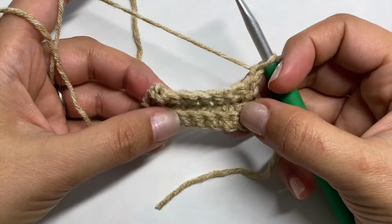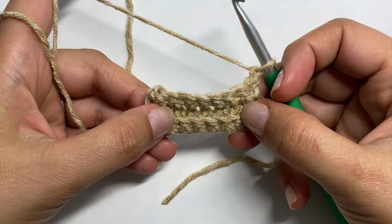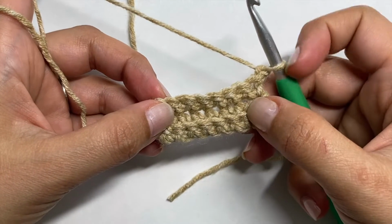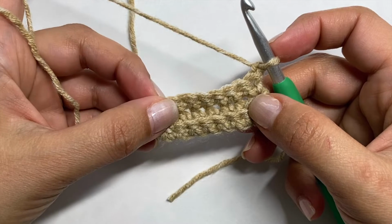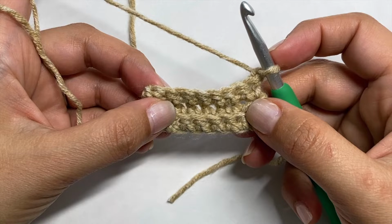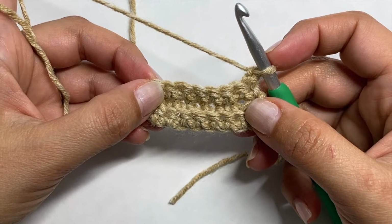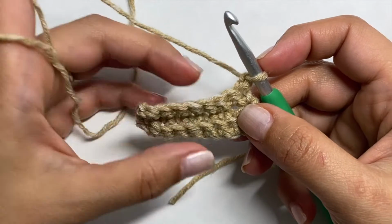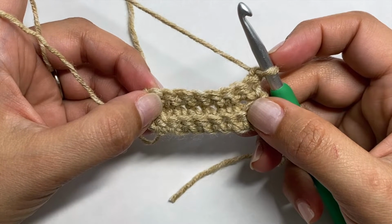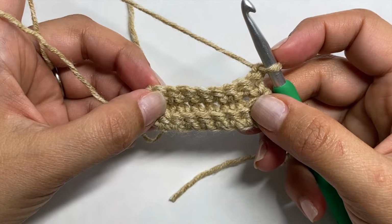Just like that, and single crochet, chain one, and turn my work, and you can kind of see how it's coming together. So we're going to do the same number of rows that you have at the end of your sleeve. So for the medium, I have 52, so I'm going to do 52 rows of single crochet for that. I'm going to do the same thing for the border of my cardigan, the bottom border, and I'll show you the variation that we're going to be doing for the neckline. So finish up 2 of these, one for each side, that matches the same amount of stitches at the ends of your sleeves, and then I'll meet you back